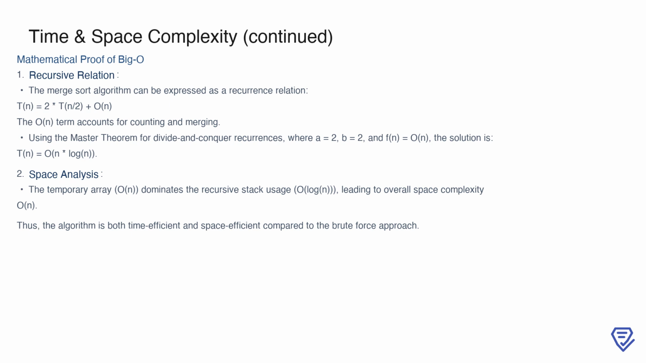For space complexity, the temporary array used during merging, requiring O(n), dominates the recursive stack space, which requires O(log n). As a result, the overall space complexity is O(n). This balance of time and space efficiency highlights the advantages of the modified merge sort algorithm over the brute force